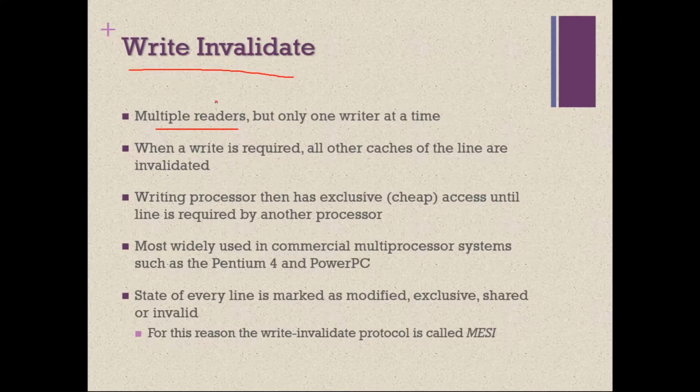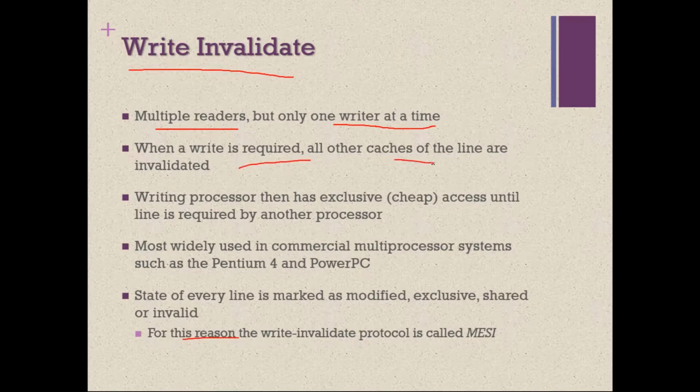So a particular copy of data or a particular line can be present in multiple caches, but all these caches are only performing read operations. So reads can be multiple, that is called multiple readers, but only one writer at a time is allowed. In a write invalidate approach, there can be multiple readers, but only one writer is allowed at a time. When a write is required,